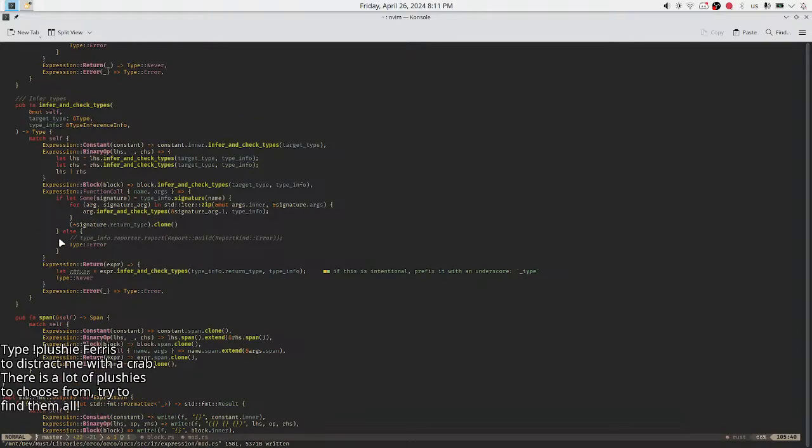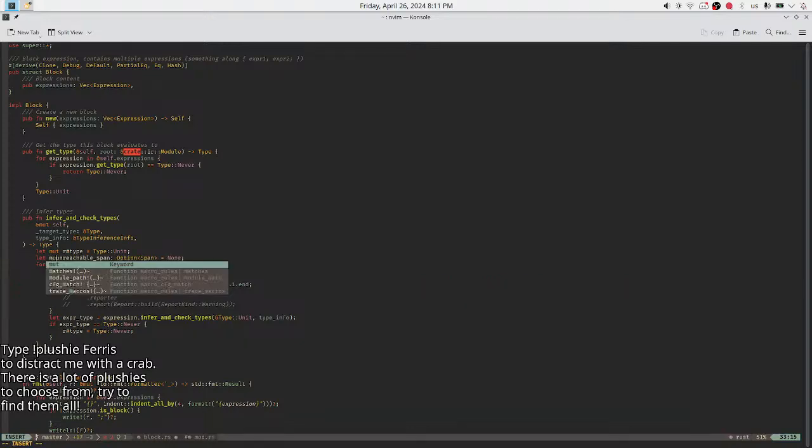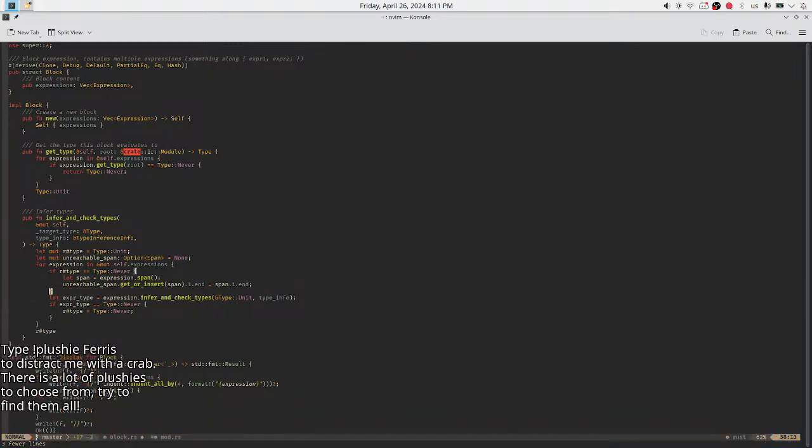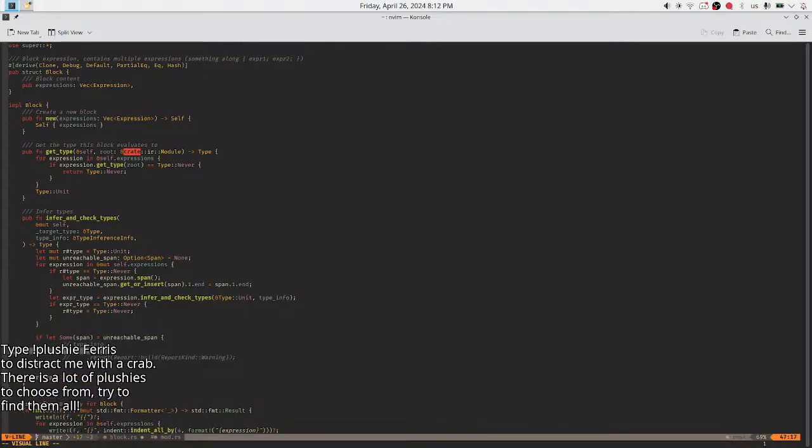Format. Unreachable, span is mutable. Make it mutable then. And now, if there is, if some, so just copy paste it. Come on, can't select the whole thing. Format.